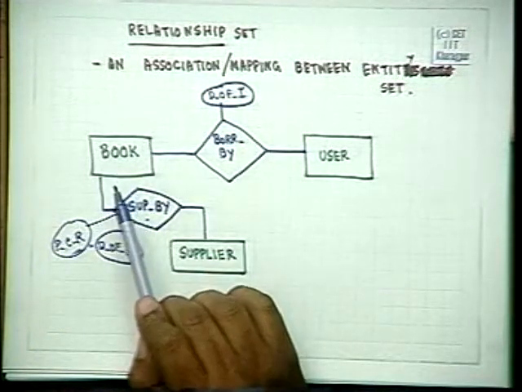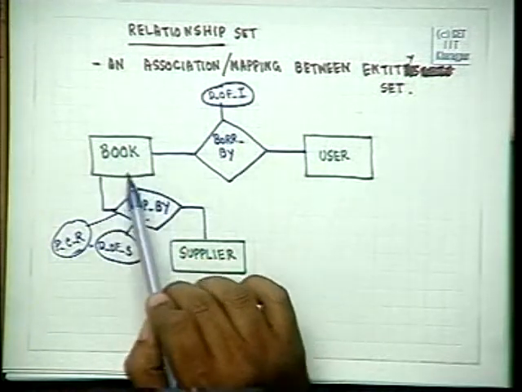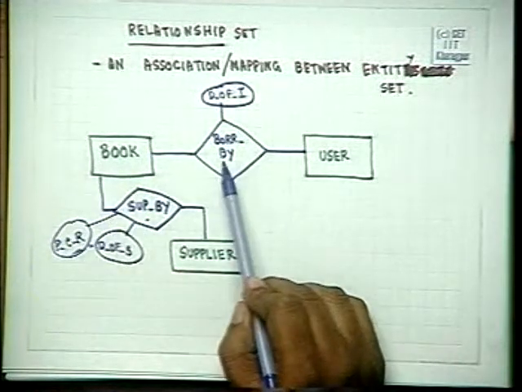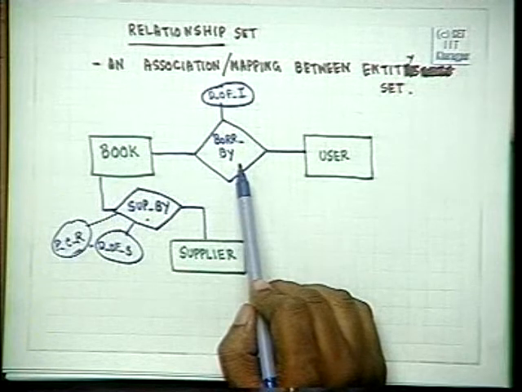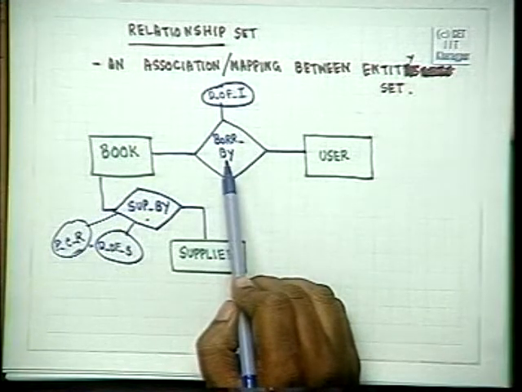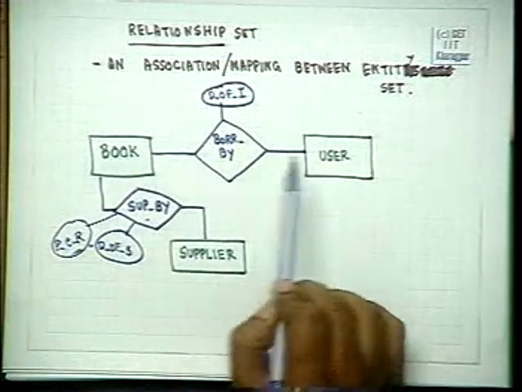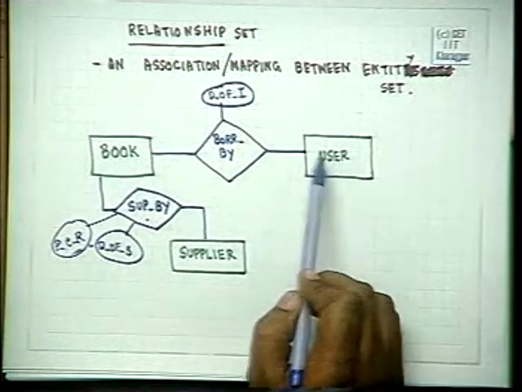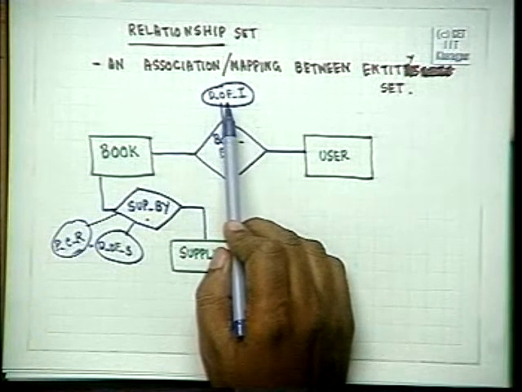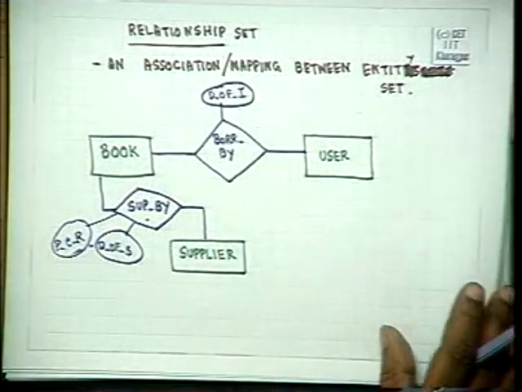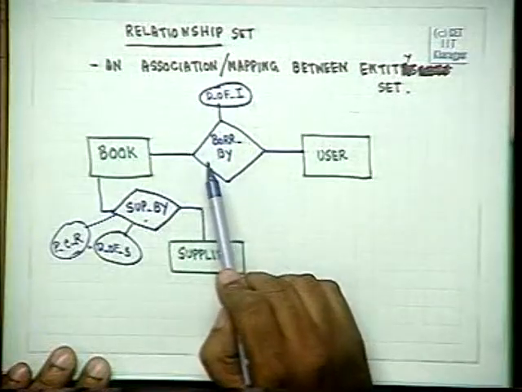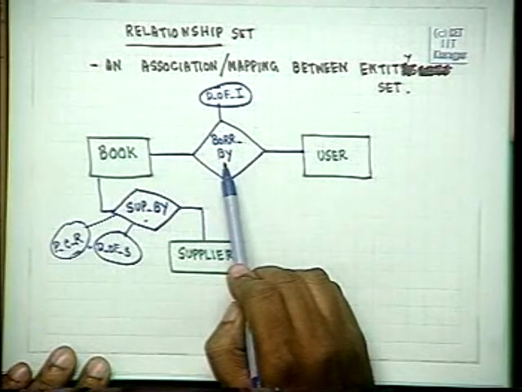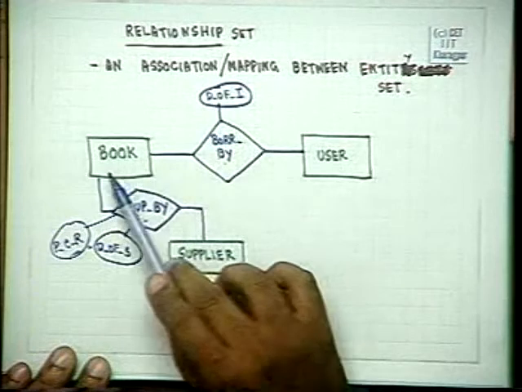Therefore, in the entity relationship model, an entity also consists of a set of attributes. A relationship also consists of a set of attributes, and the attributes of a relationship are the attributes of the ensuing entities which participate in the relationship combined with the attributes of the relationship itself. Borrowed by relation should have all the attributes of user, all the attributes of book, and the attribute of date of issue. Yes, the borrowed by relationship is a relationship between book and user, saying who has issued this book.